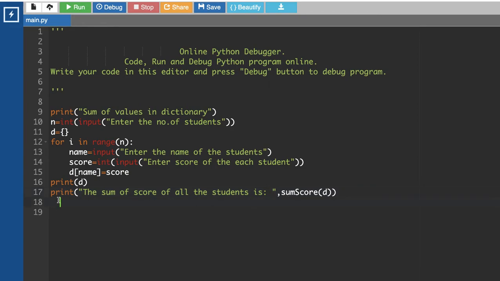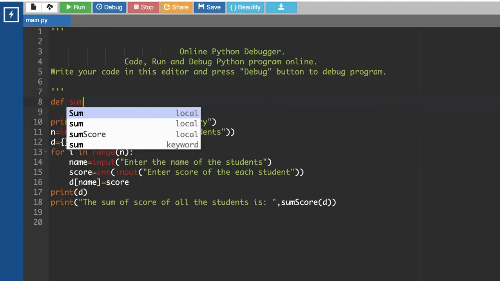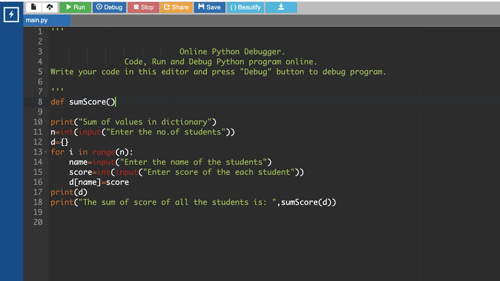Now control passes on to the sum score function. Here I define that function with def. The function name is sum score, and it carries one parameter, a local variable, my dict.